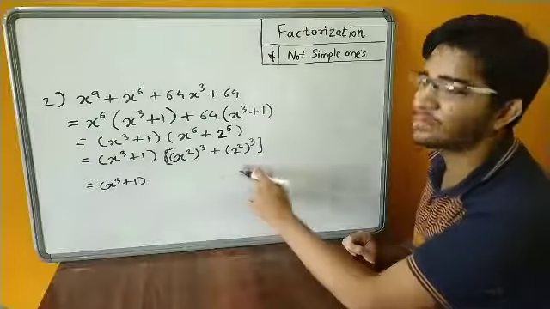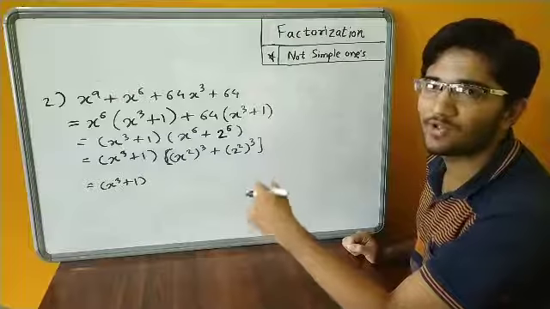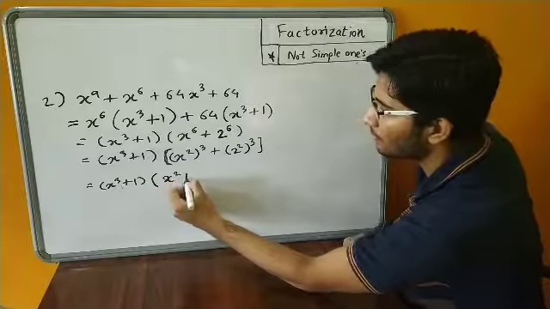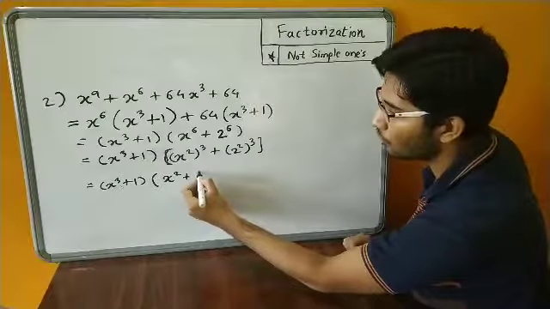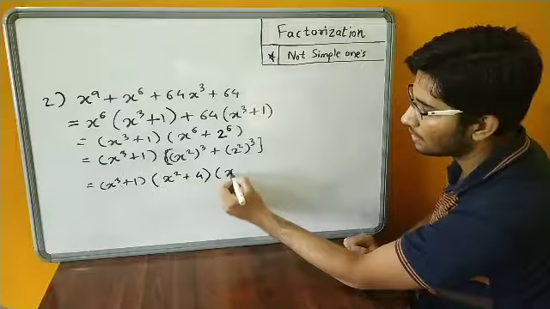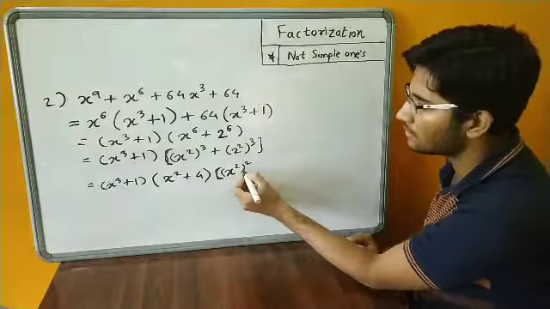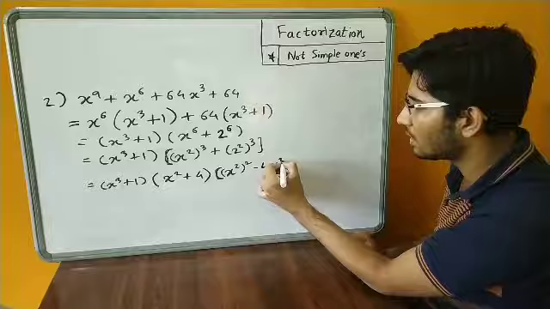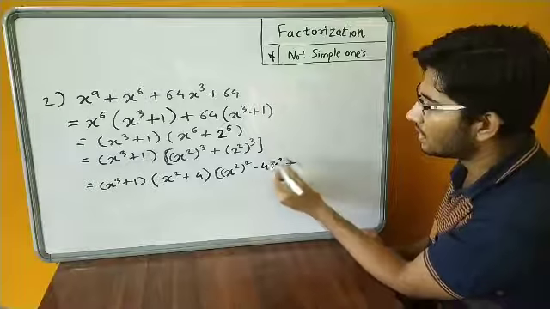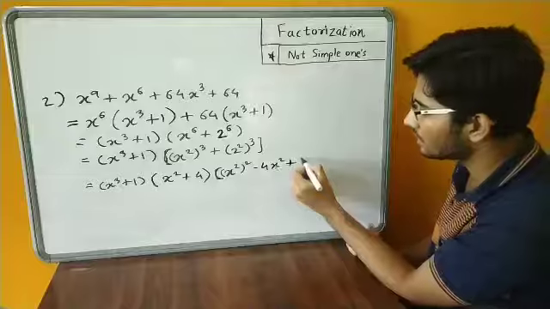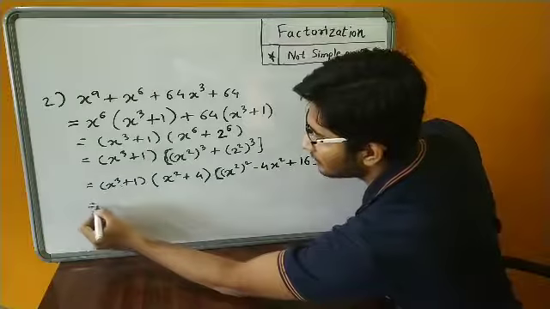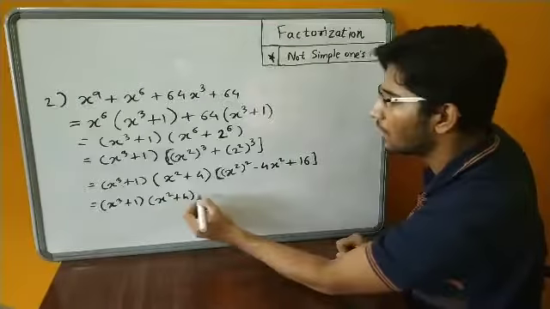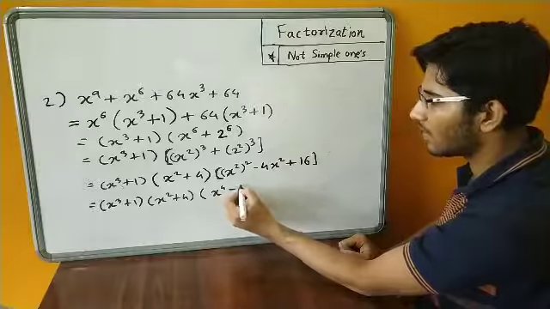Now the formula for a cube plus b cube is a plus b into a square minus ab plus b square. So we will write a plus b. b is 2 square, which means 4. Then a square, so x square square minus ab, so minus 4x square, plus b square, so plus 2 square is 4 and 4 square is 16. So our factorization is x cube plus 1 into x square plus 4 into x raised to 4 minus 4x